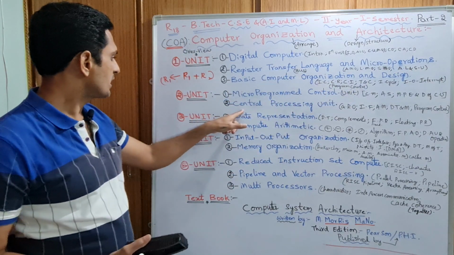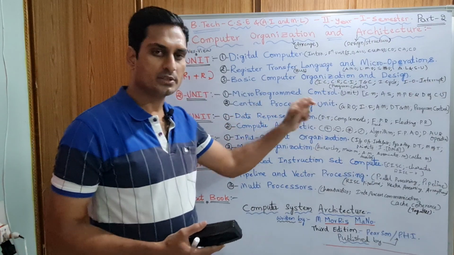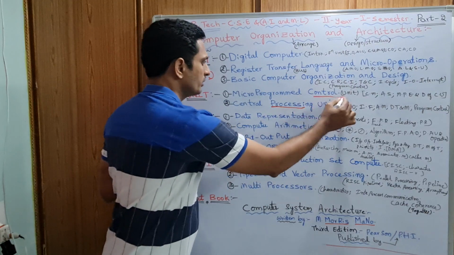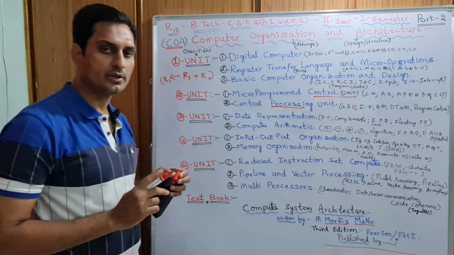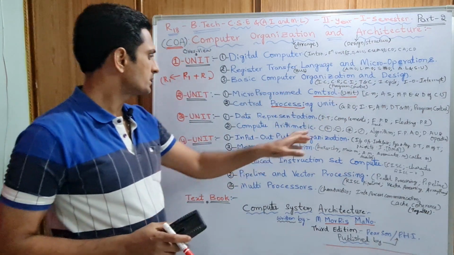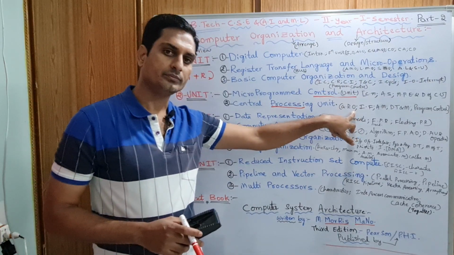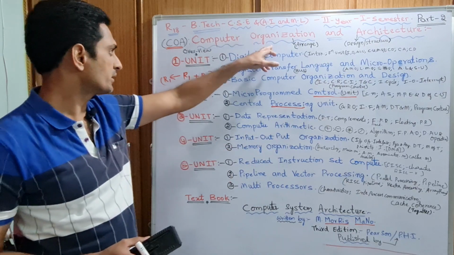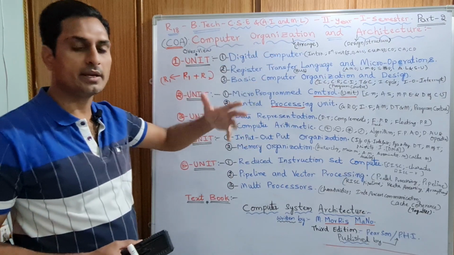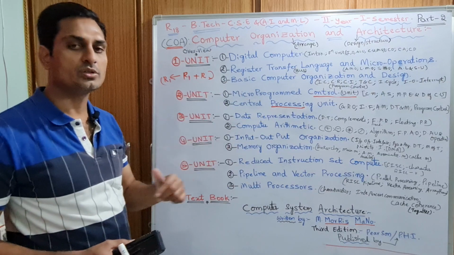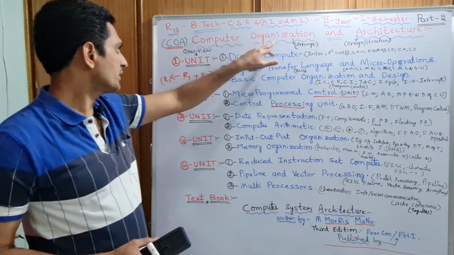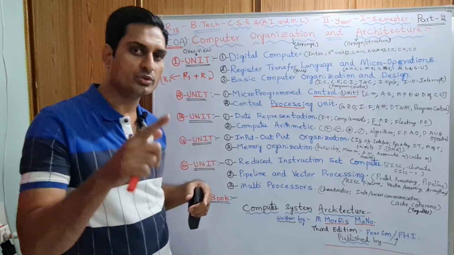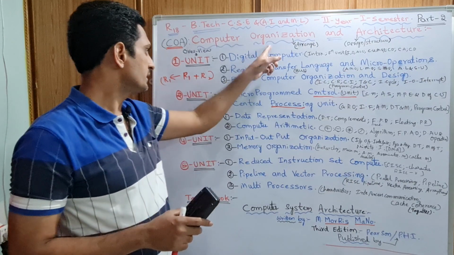Next, the second chapter is central processing unit, CPU. Here the processor is the brain of the computer. The control unit is the brain of the computer. Here we are going to discuss general register organization. Register, I told you, is the smallest part, and how it is organized. As our subject is computer organization, we discuss how it is organized, arranged, how it is functioning, how zeros and ones will flow. The computer organization definition is how the hardware parts are connected and how data, zeros and ones, will flow.